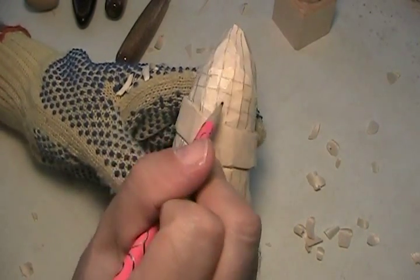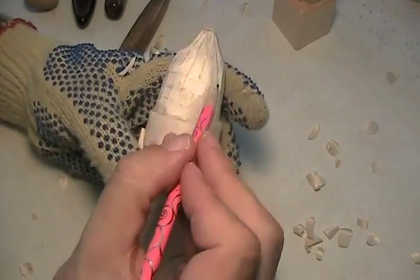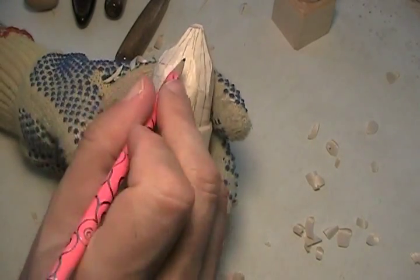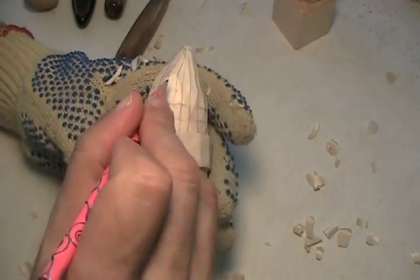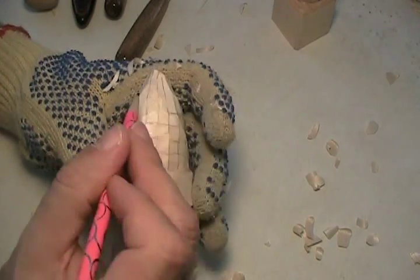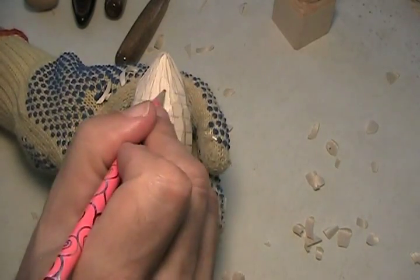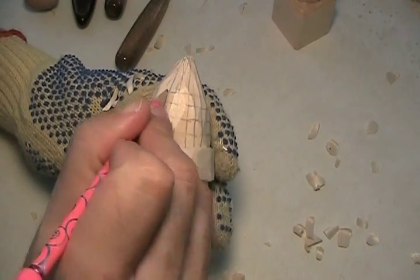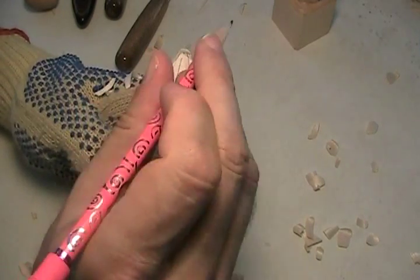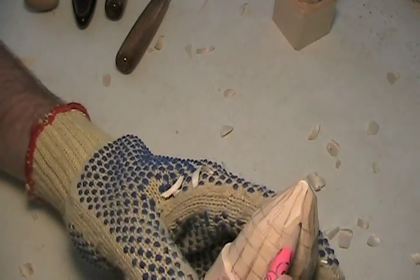This kind of reminds me of my absolute beginning wood carving video, which I do a little corn as a project. I'm trying to remember everything that I've done, so it's almost like a little repeat of that. But if you know how to carve, you don't need a beginning wood carving video. Oh, am I covering it up? It's kind of hard to do this for me to do it, and